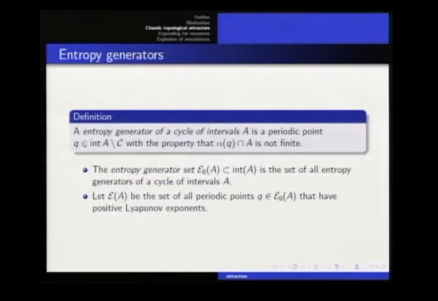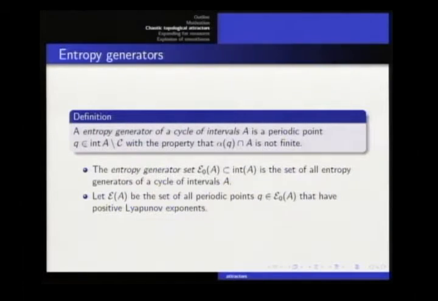Okay. So now going to the part where my talk is different from the talk of Edson. I need to have a periodic point, and the only property that I ask is that its alpha limit is not finite. We call this the entropy generator. The entropy generator set is the set of all these periodic points whose alpha limit is not finite. And for these points, I'm not asking that they are expanding